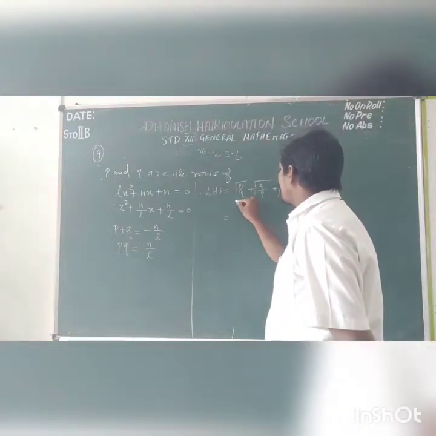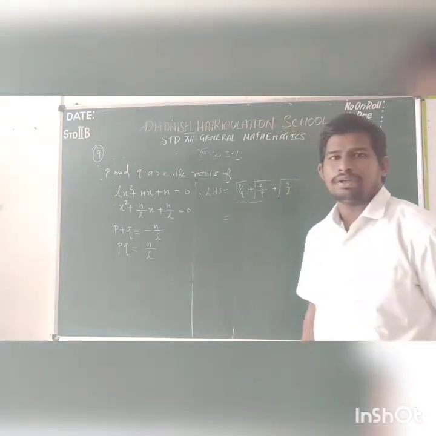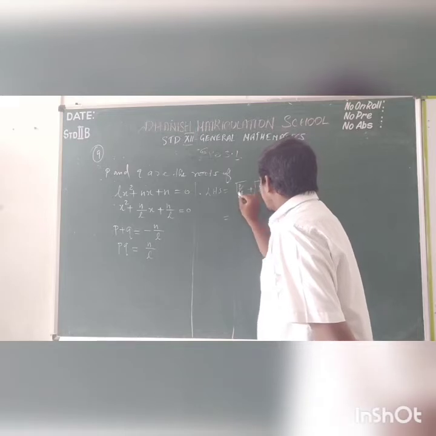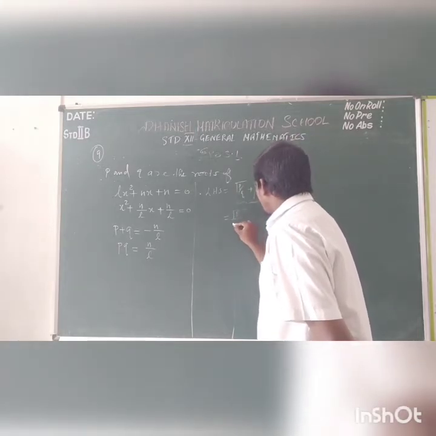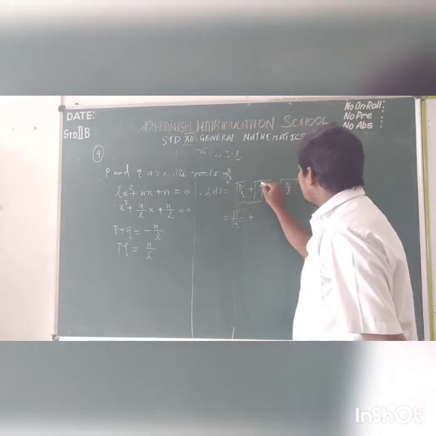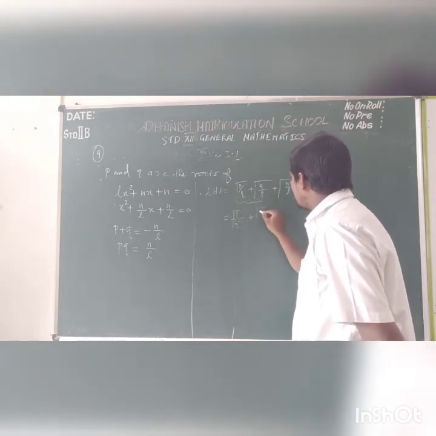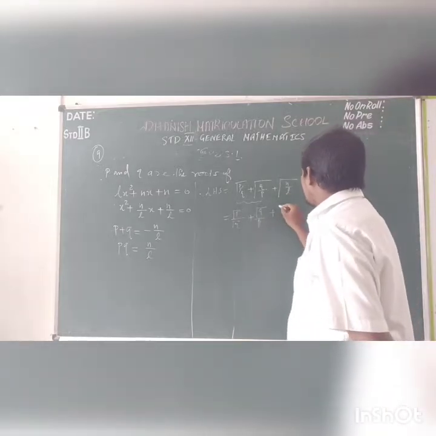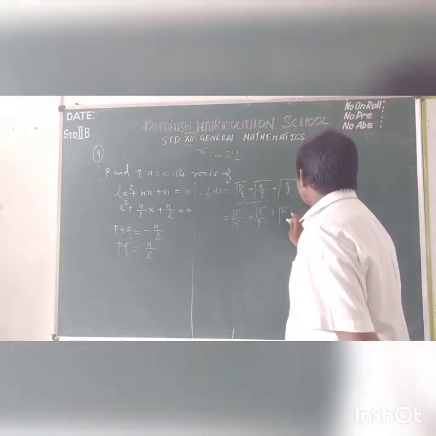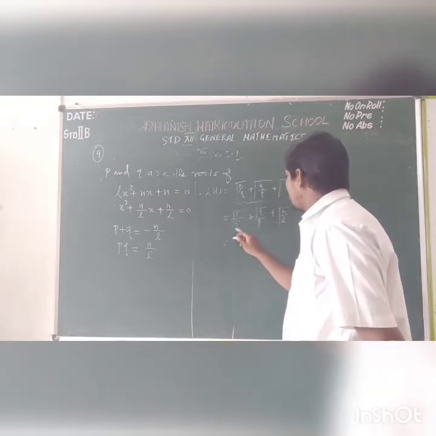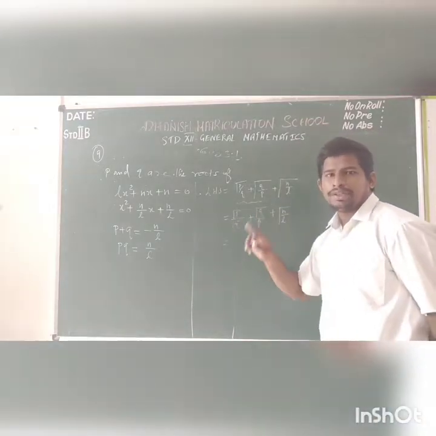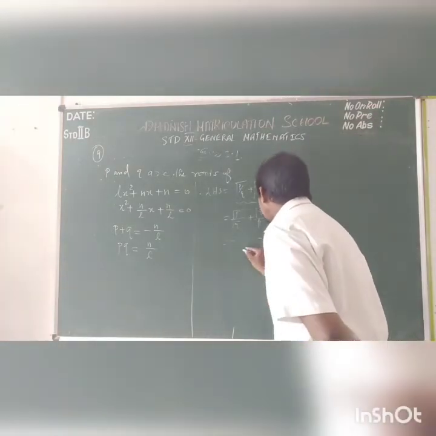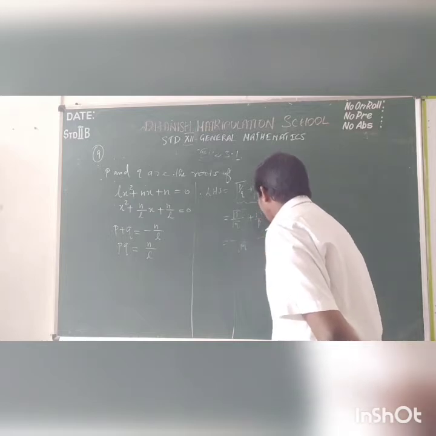Now first I am going to add these two and then we can add the third one. Now look at these two. I am going to rewrite this as root P divided by root Q. Similarly, I am going to write the second term as root Q divided by root P, plus the third term as it is, root N by L. Now, in order to add these two, the denominator should be the same. Here the denominators are different. So I am going to take the LCM as root PQ.